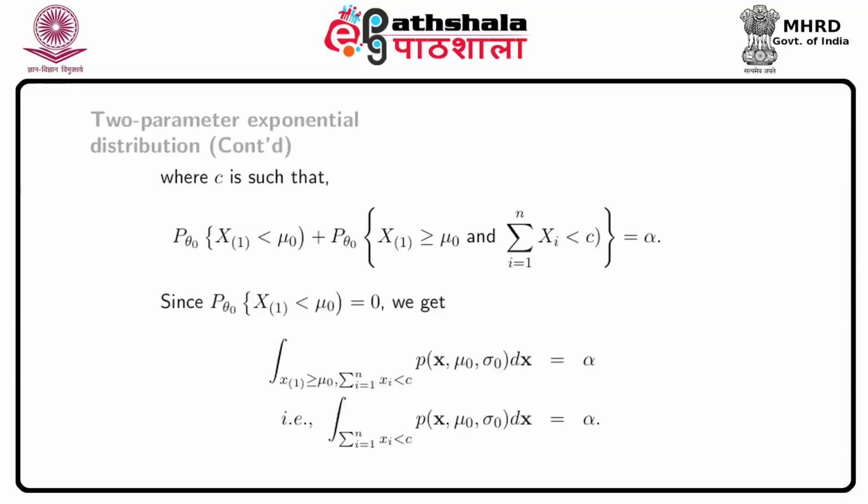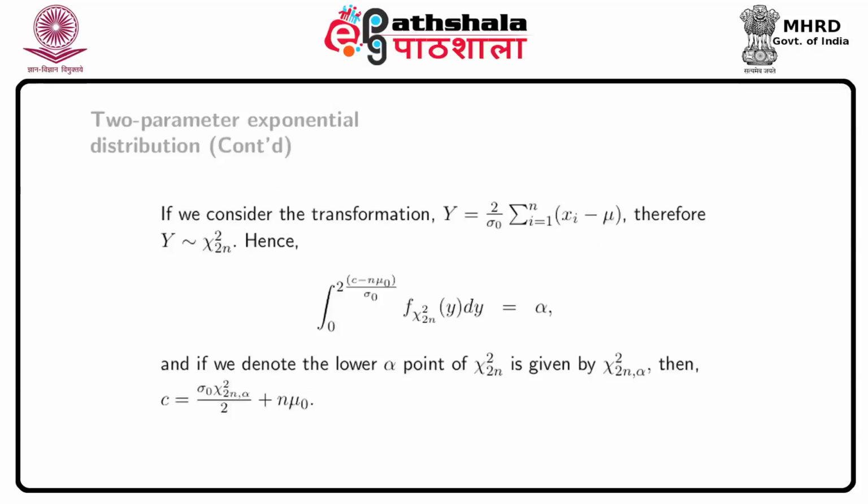Since probability under theta naught of x1 less than mu naught is equal to 0, we get the integral over x1 greater than mu naught and summation xi less than c of p_x(mu naught, sigma naught) dx is equal to alpha,